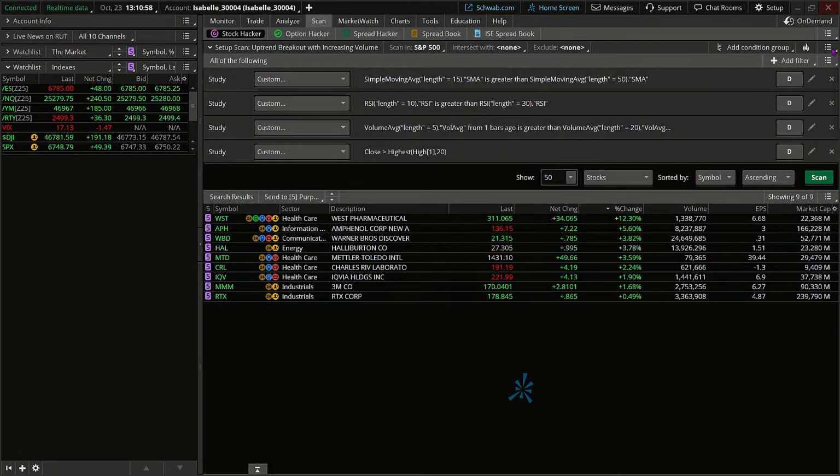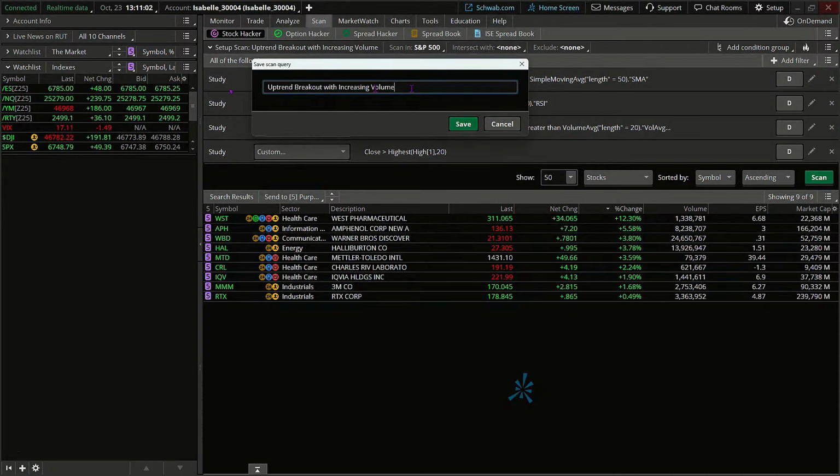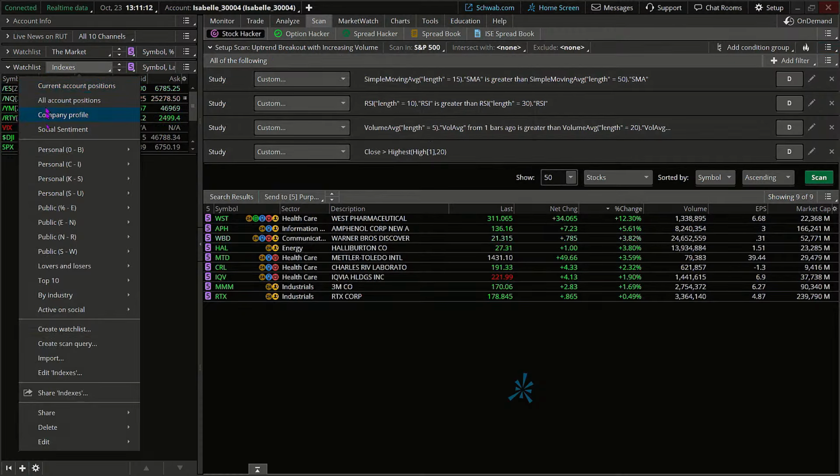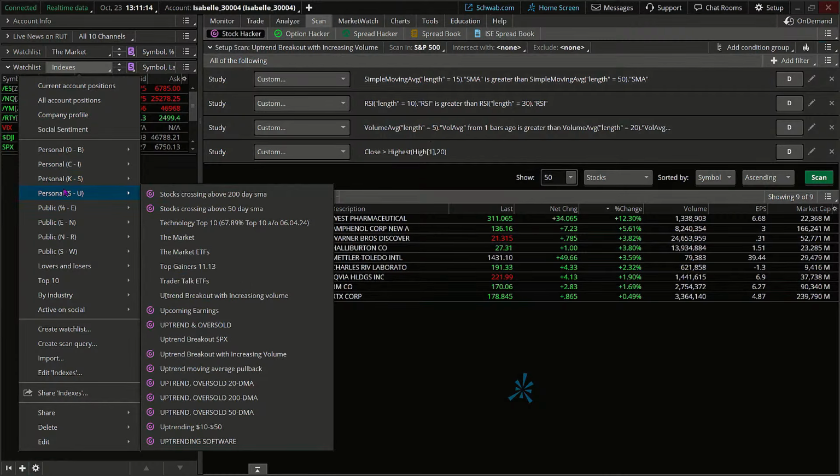All right. And then from here, I have a pop-up window, right? There it is. So it's going to stay the same unless I wanted to make any alterations to it, but I just want to save that and override. So when I come here to my personal drop-downs once more, I'm going to find uptrend breakout with, oh, did I title that wrong? Uptrend breakout with increasing volume. There we are. All right, so I misspelled it here. I'm going to have to delete that one. But down here, everyone, uptrend breakout with increasing volume.